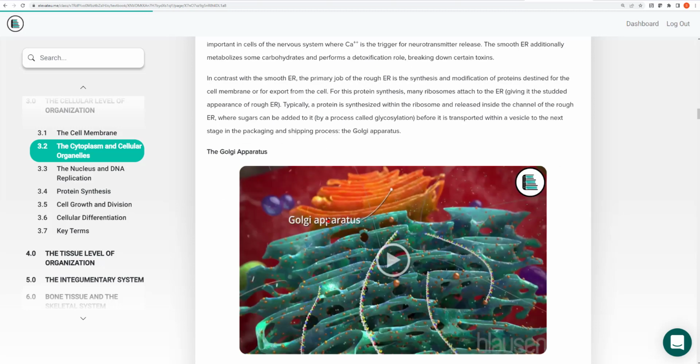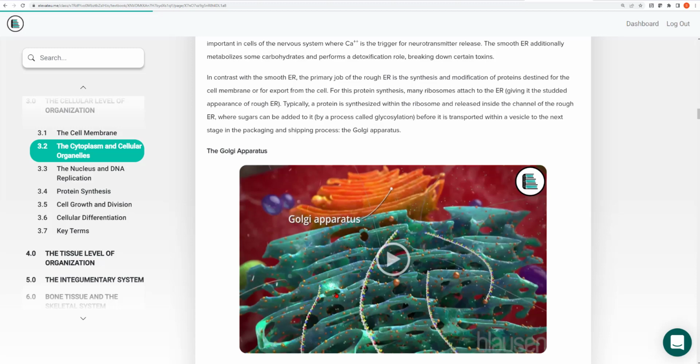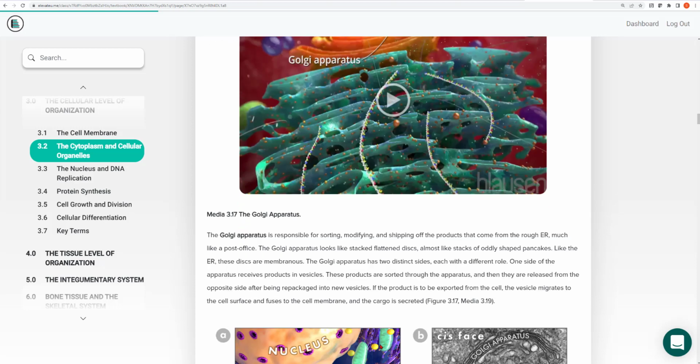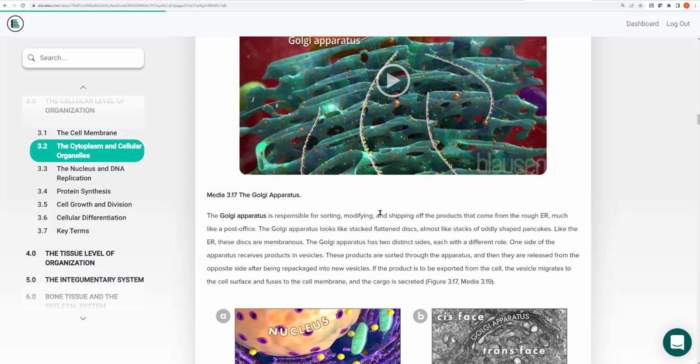The Golgi apparatus. I think of the Golgi apparatus as being the UPS, or the FedEx center of the cell. Here in this cartoon representation, the green is the rough ER, okay? And the orange out here is the Golgi apparatus. The proteins that are made on the rough ER are sent to the Golgi. And the Golgi will now package, modify, sort, and ship those proteins throughout the cell.